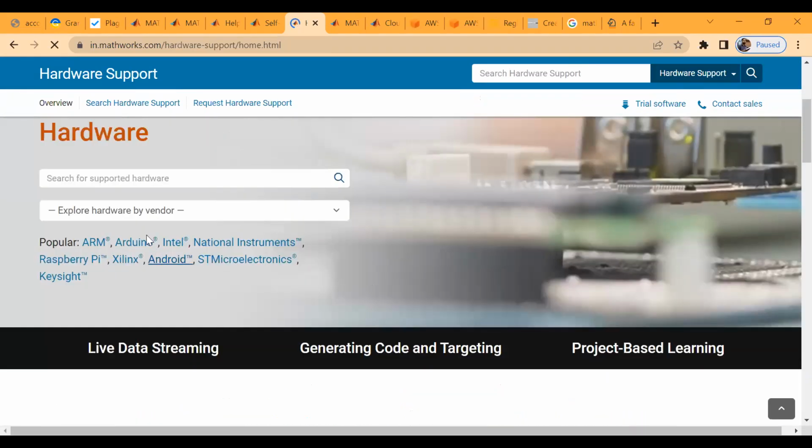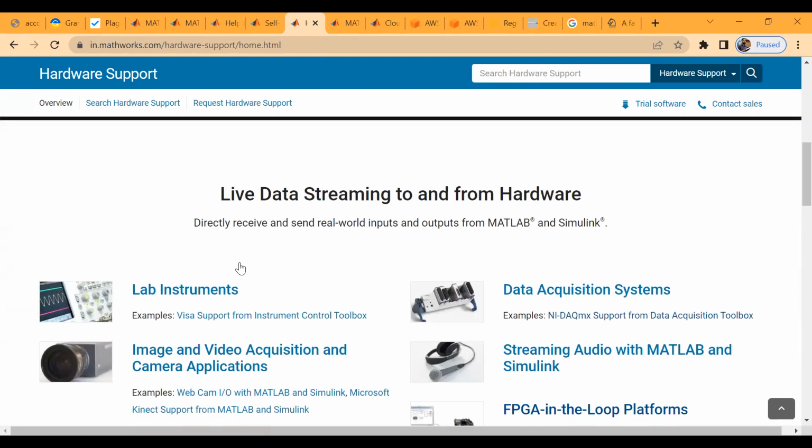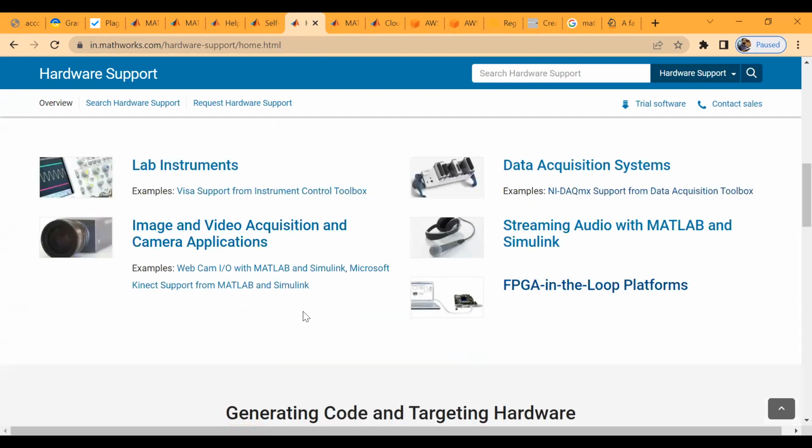Yeah, here is the list of all the hardwares: ARM, Arduino, Intel, National Instruments, Raspberry Pi, Xilinx, Android, ST Microelectronics, Keysight. All the hardwares are supported, provided by these. Okay,